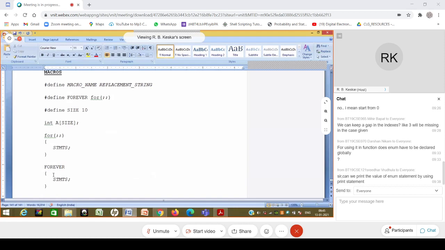So this is the first thing that we need to realize. The second thing, we will show one by one. Let's imagine the conditional statement that we had seen in the last semester.